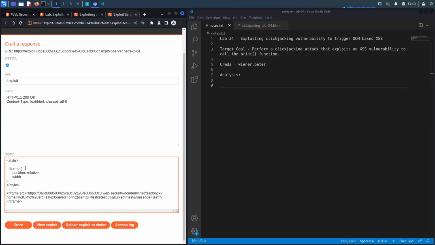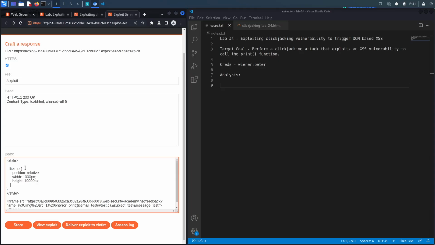The width is 1,000. This could be anything. The height is 1,000. Again, this could be anything as well. I just like to pick 1,000. And then opacity, ideally this should be invisible, but before we make it invisible, we need to make sure that our legitimate website and our decoy website are on top of each other in the correct way. And so I'm going to put the opacity at 0.5, and then I'll make it invisible once I have them